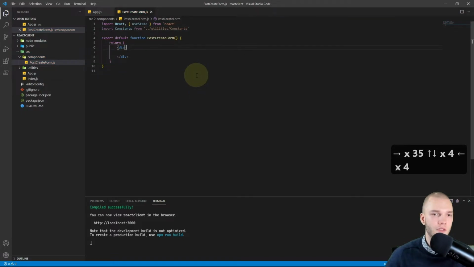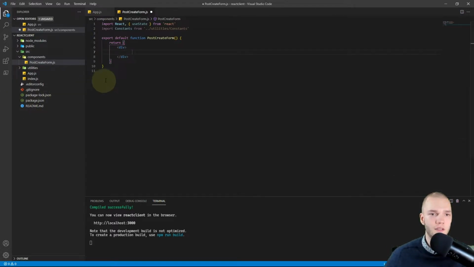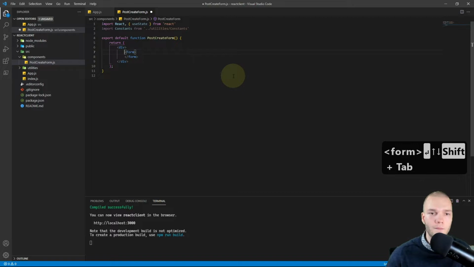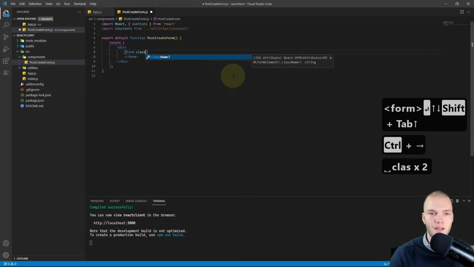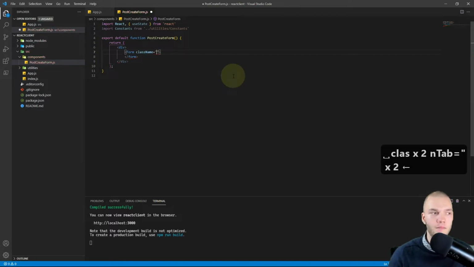So I'll first start with the display code in the return statement, and I'll just add a semicolon to the end of it. We're gonna display a form so that the user can give in some data to create a new post, right? So I'm gonna add a form element, and I'm gonna give that a class name of W100 and padding X 5.